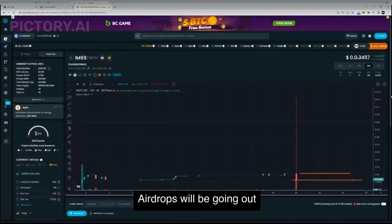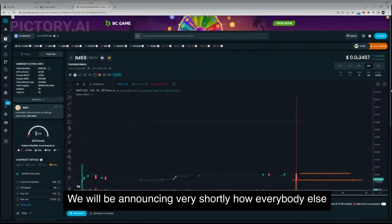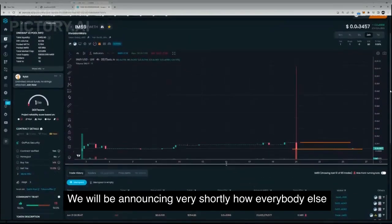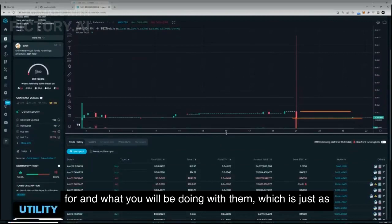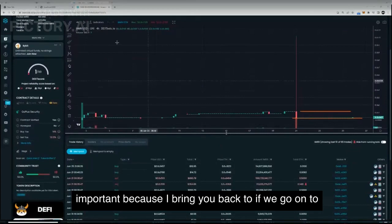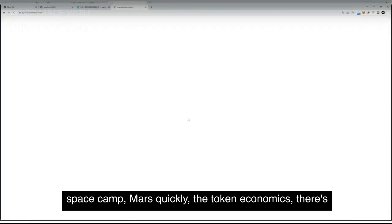Airdrops will be going out for those that qualify in Ethereum. We will be announcing very shortly how everybody else will be able to get their IM69 tokens that they sacrificed for, and what you will be doing with them, which is just as important. Because I bring you back to, if we go on to Space Camp Mars quickly,